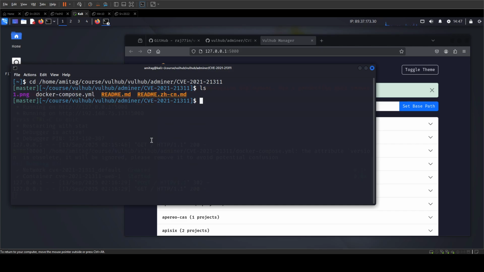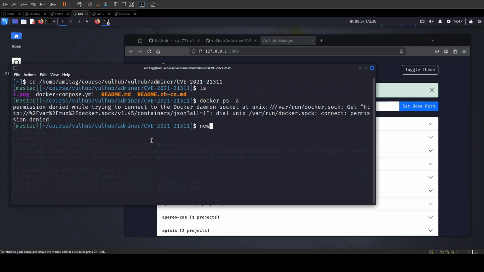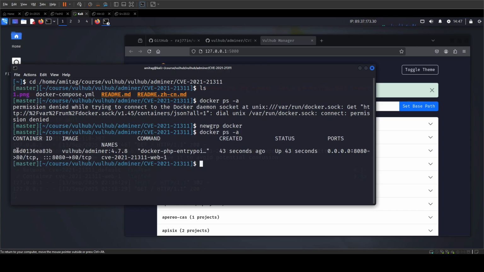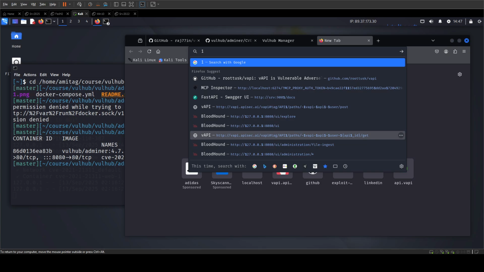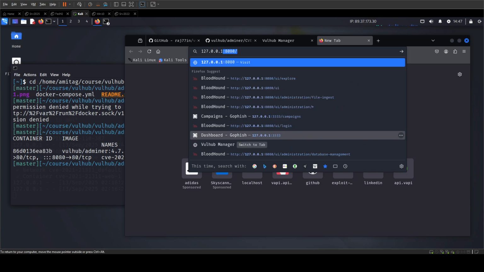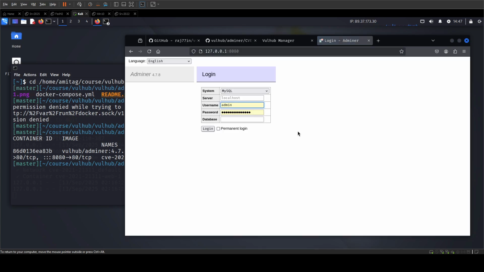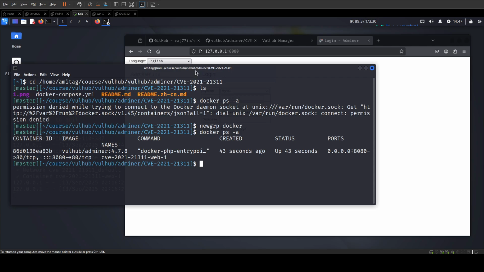and you can see that there was a Docker Compose file here. Now I can do a docker ps -a. I am not in the Docker group right now, so let me run newgrp docker and docker ps -a. I can see that this has started this 21311, which is the CVE that we were looking for, right? And it has started it on port 8080. So now I can go here and just say 127.0.0.1 colon 8080, and boom, you have the Adminer setup ready, which you can test as you like,